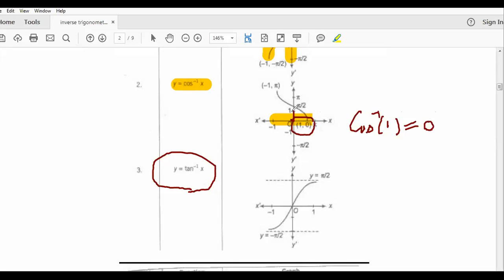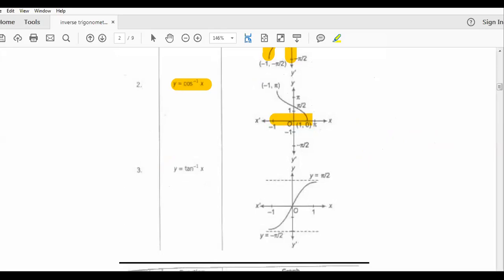So similarly, when we move to the left hand side, the cos value -1 is at the angle pi. Cos inverse -1, tell me. This is at pi. So this point will be (-1, pi). So the graph from here to here is like this. So this is the graph of the cos inverse function. Is it clear, beta?